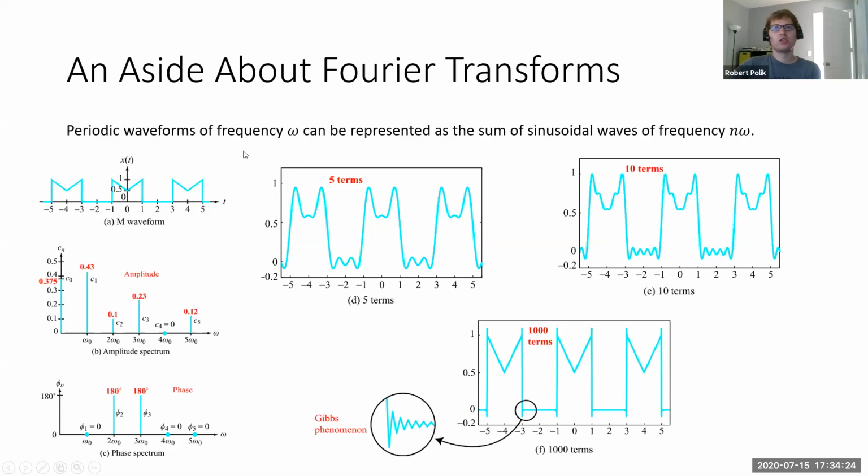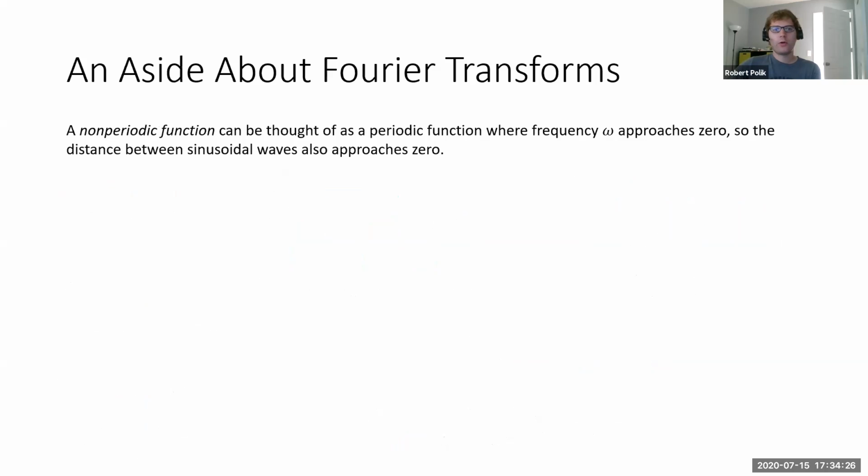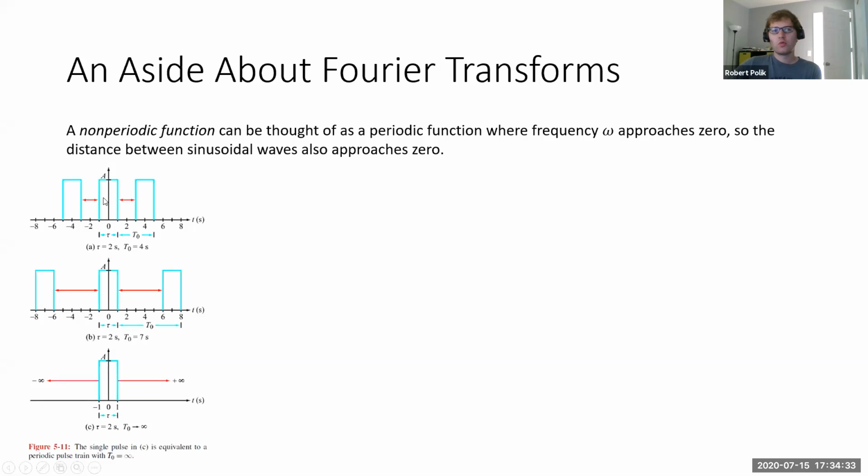These are not Fourier transforms. Fourier transforms are completed on non-periodic functions. And so I'll give you an example of that. We have this periodic rectangle signal, rectangle signal, rectangle signal. And a non-periodic function, the way we model that with our knowledge of Fourier series, is we think, okay, let's keep expanding our period. Let's keep making the distance between these wider and wider until the distance between each rectangle is infinity.